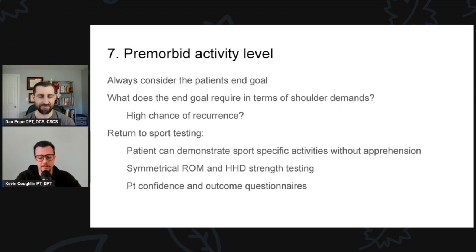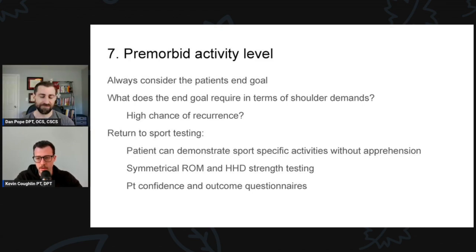So, if this is someone who's trying to get back to jujitsu, that seems like a perfect example of very unpredictable things happening to the shoulder. Some predictable things, they probably need strength in all types of directions, but they also probably could benefit from, like we were just talking about, the neuromuscular reeducation. They could probably benefit from that type of treatment work in different ranges of motion too, because it's completely unpredictable